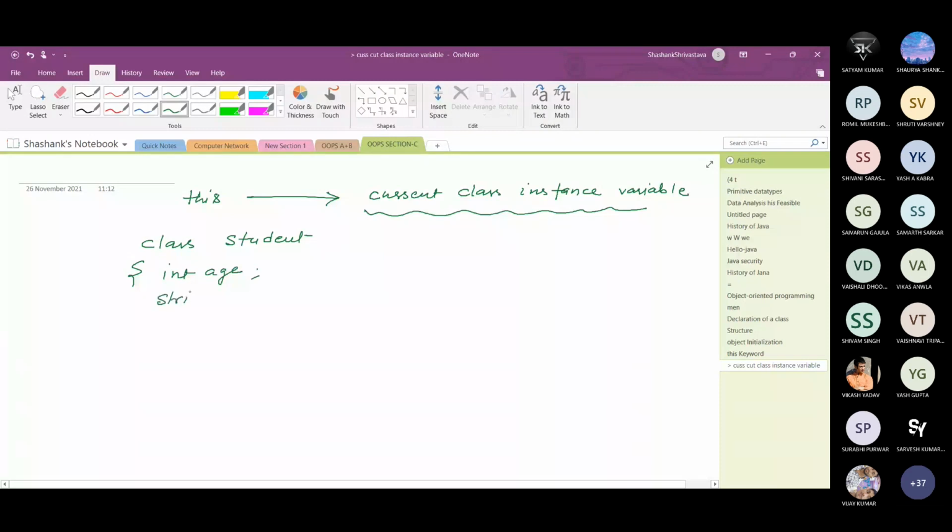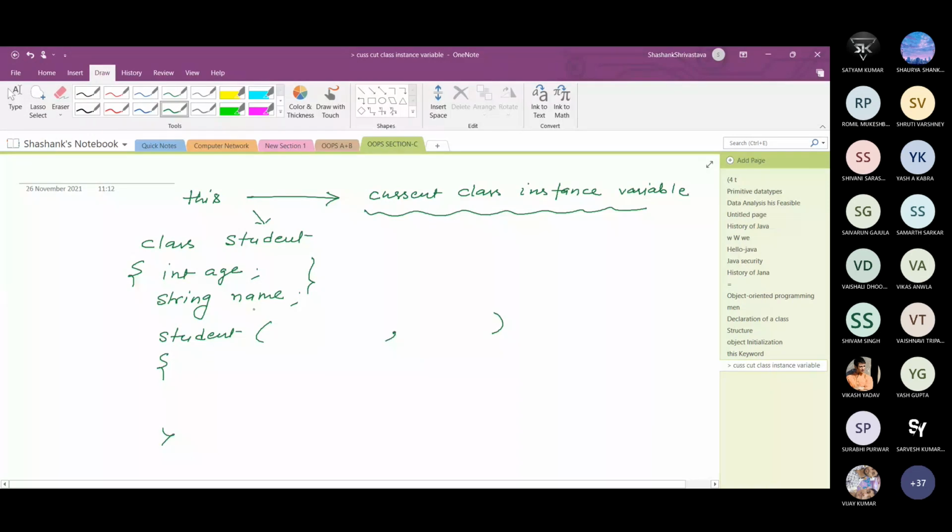One is of integer type, age is of integer type, name is of string type. Okay, and suppose in order to initialize this student class object, I just declare a student constructor, and here we need to create a parameterized constructor. We need to define the parameterized constructor, which will take 2 parameters because there are 2 fields in the student class. So 2 fields are required.